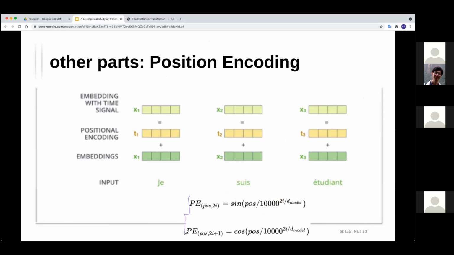This paper used this formula to get the position embedding. It's a bit complex, but it has some reason in it. At least it's periodical, right? Periodic, because you use sine and cosine here. So in the rationale and justification, I understand that the periodicity is very important. That means sometimes we